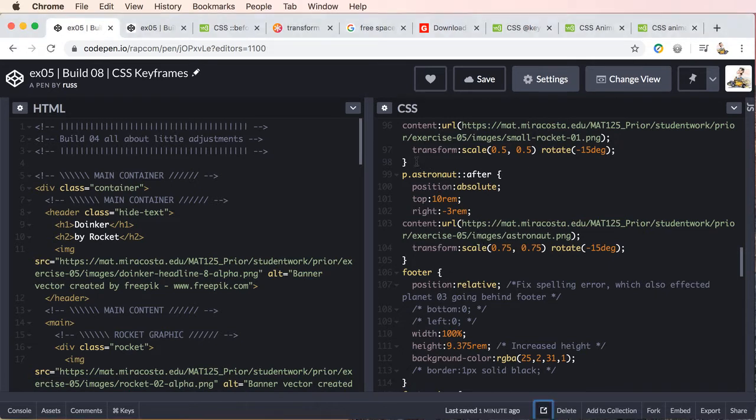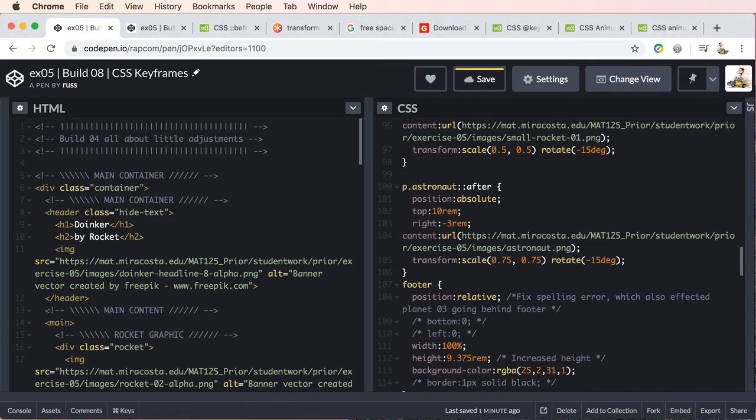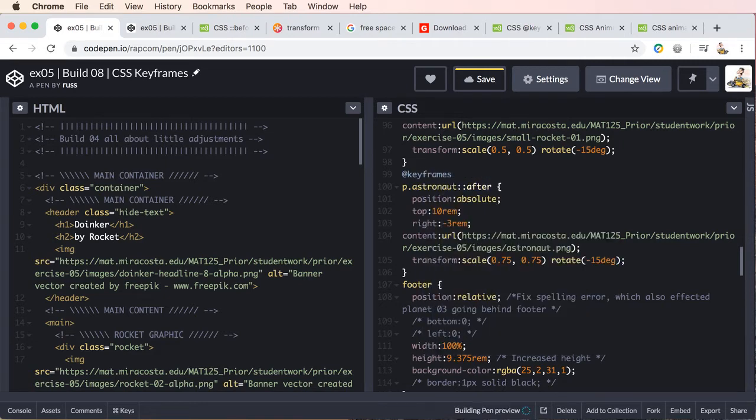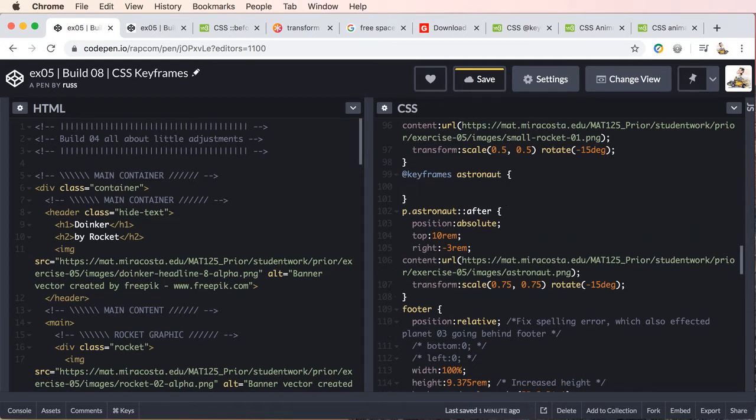Let's go ahead and get started, and right before our style for our astronaut, let's create our @keyframes, and we are going to call this animation astronaut, and we'll add our curly braces. Let's first animate our astronaut using a simple from and to. So we'll do from,